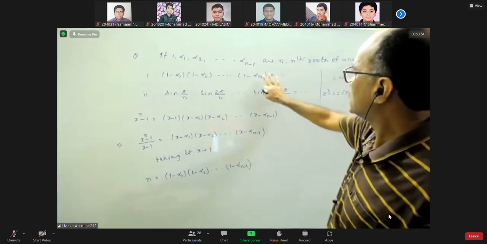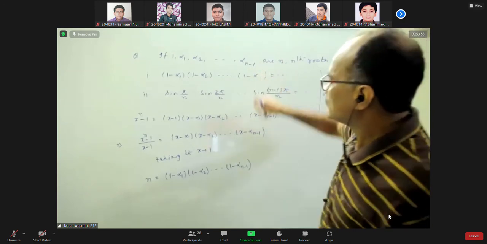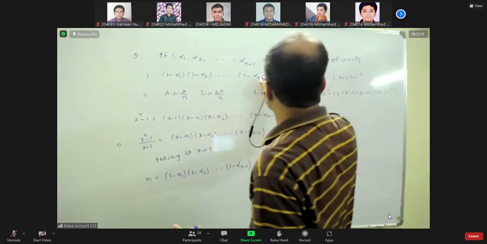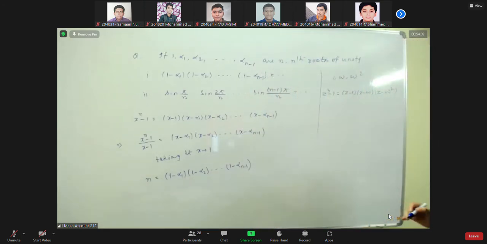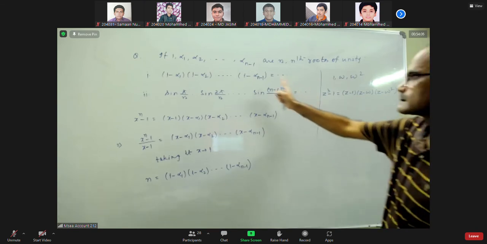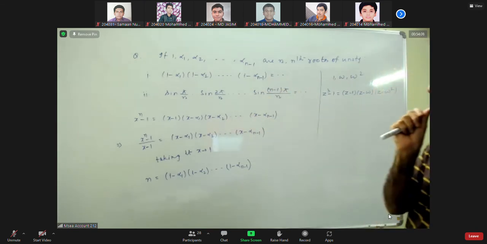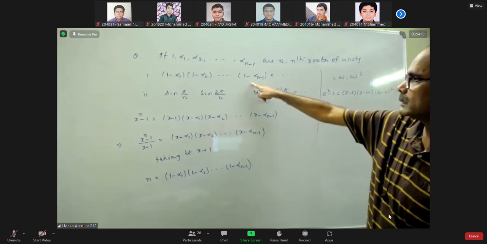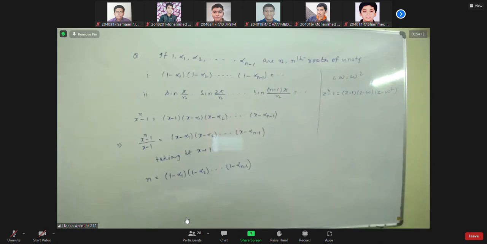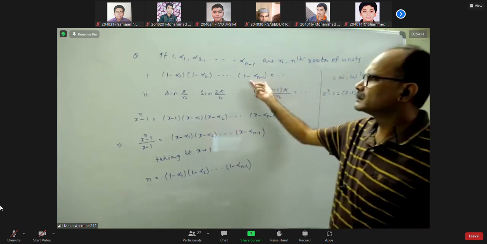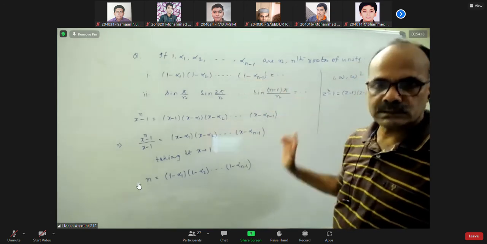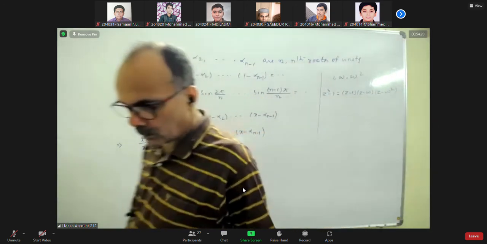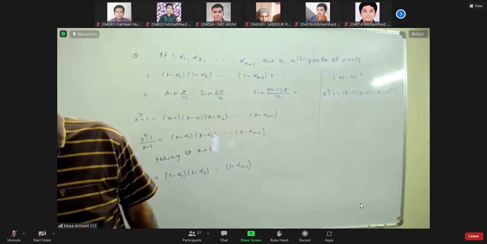First bit of that question, I have written here wrong. It is 1 minus alpha 1 to 1 minus alpha n minus 1. After that, it is correct. It is up to only 1 minus alpha n minus 1. Alpha n will be how much? 1. The whole thing becomes 0. Yes, sir. Alpha n is 1.